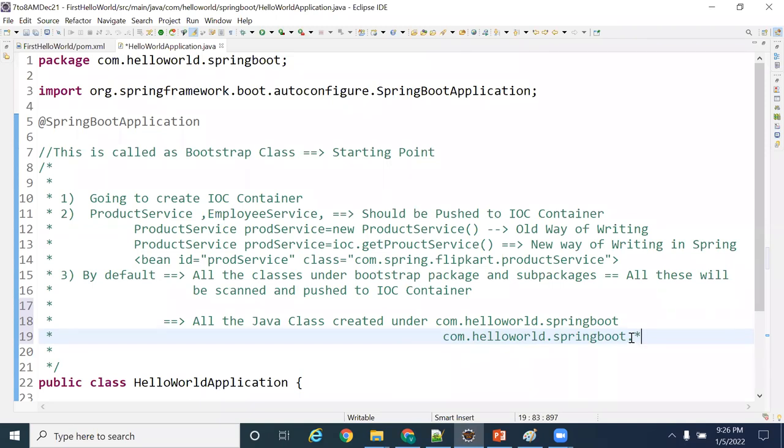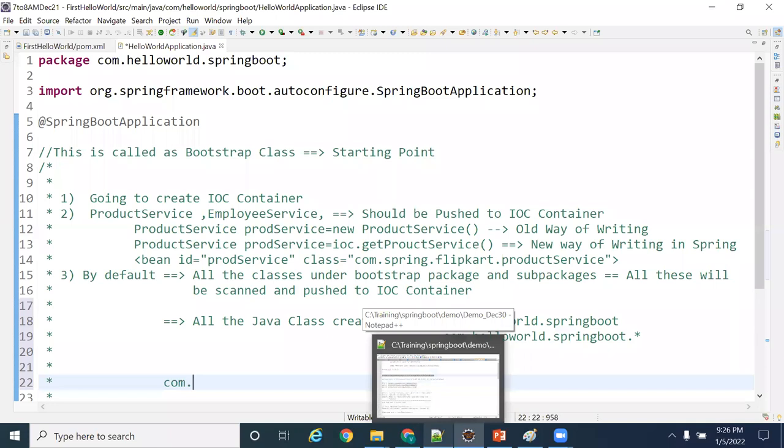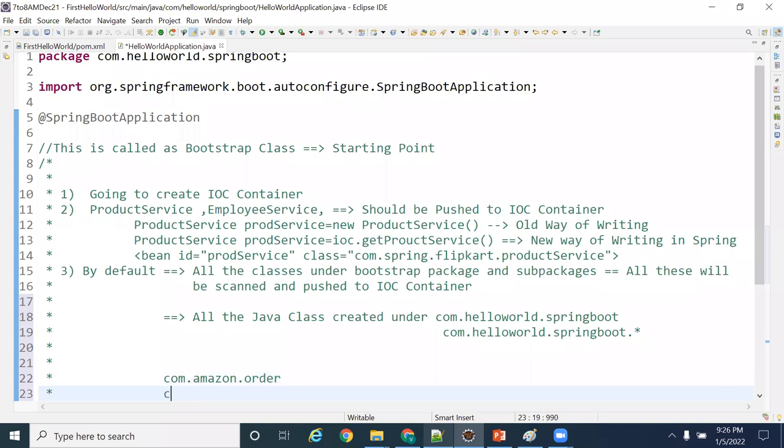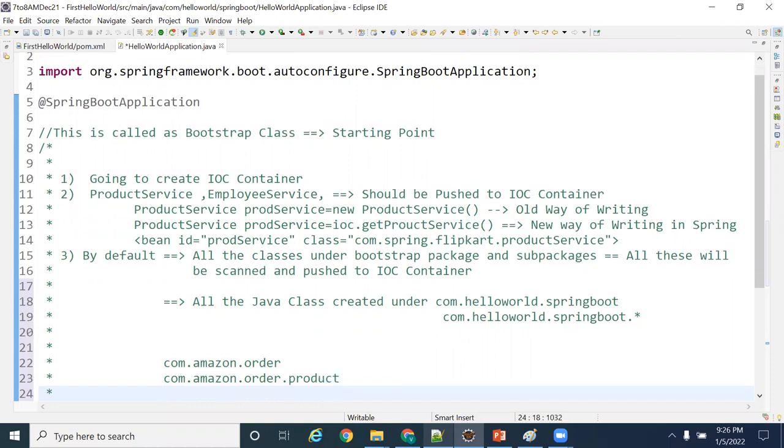So what is the real time structure here? Maybe my real time structure is com.flipkart or amazon.order. This is my main package. And what are the sub packages? com.amazon.order.product,